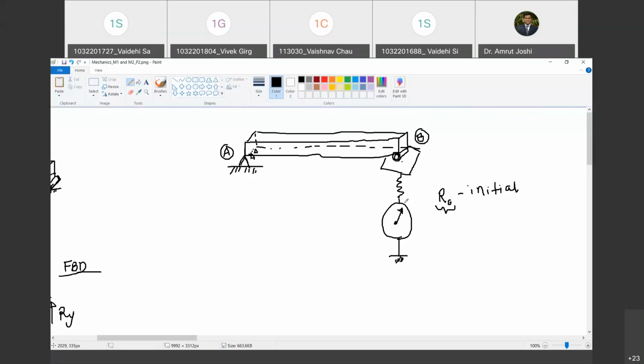No, kg is unit of mass. Are you with me? Okay, sir. So whenever you see your weight as, let us say, 50 kg, what it means is your weight is 50 kg into 9.81 Newton. Happy? Yes, sir. So therefore, this spring balance also gives the reading in terms of kg. So let us say the reading here is R0 kg. That means what must be RB? That means RB must be R0 into 9.81 Newton. Are you with me?